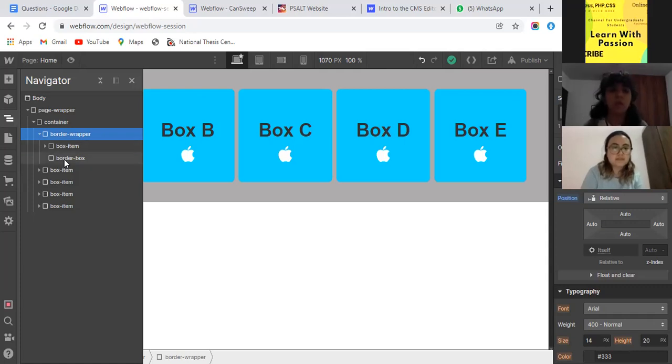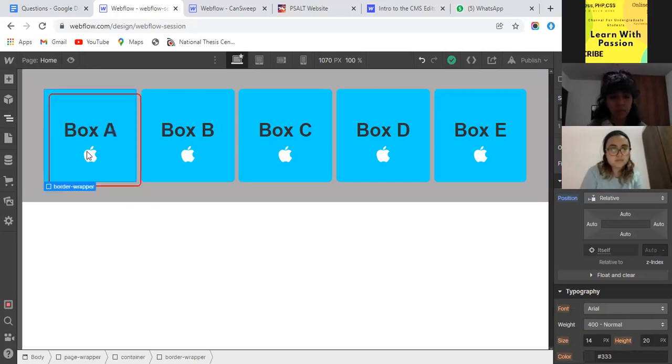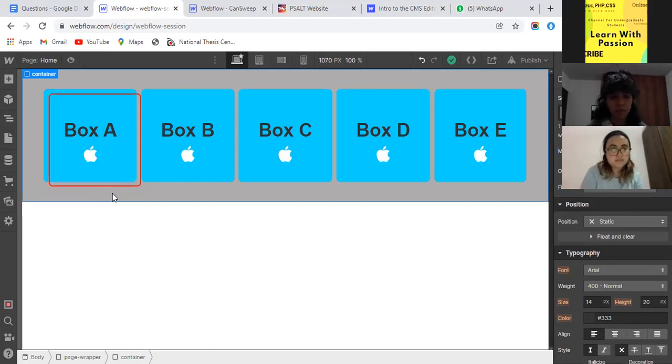I made it absolute with respect to its parent, and its parent is that border wrapper, which has the CSS relative property. Understand? I think it's clear for both of you. Yes, it is clear.